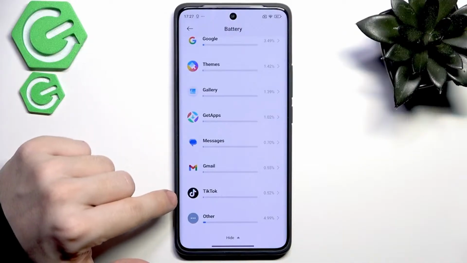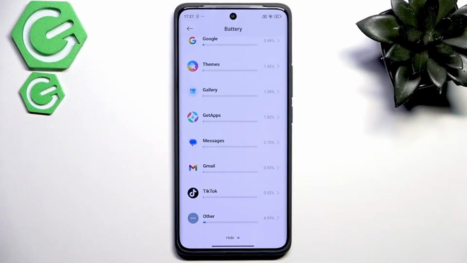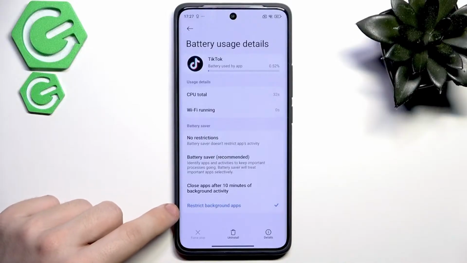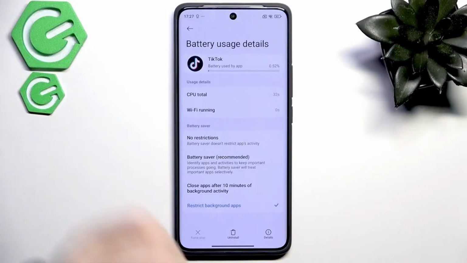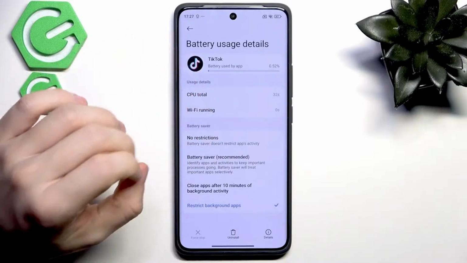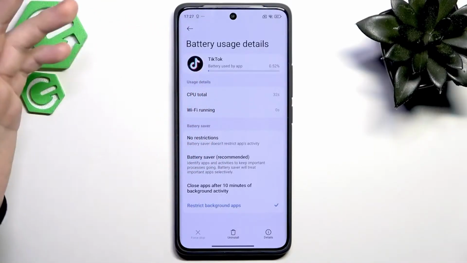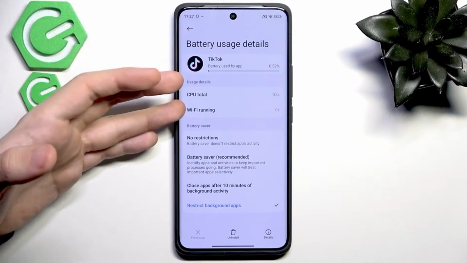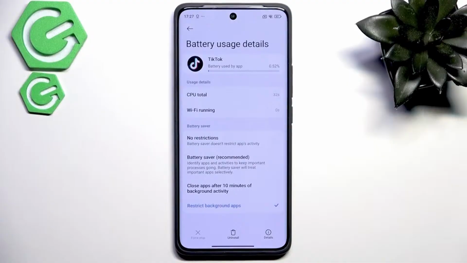But for example TikTok, I don't really think it needs to run in the background because I personally don't need any notifications from TikTok. So I could go into that and set restrict background apps, especially considering the fact that I didn't even open TikTok at all and it used 30 seconds of my CPU. 30 seconds isn't much, but it might be more. And well, I didn't open the app, so